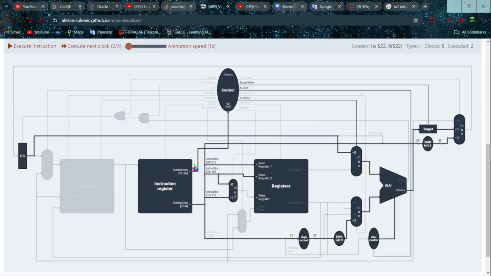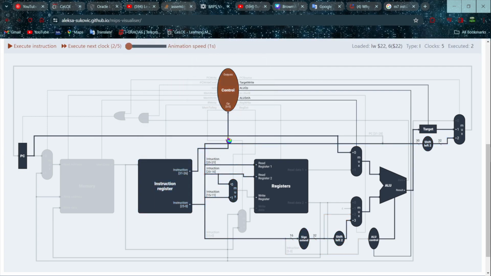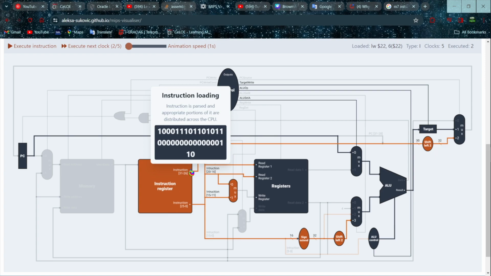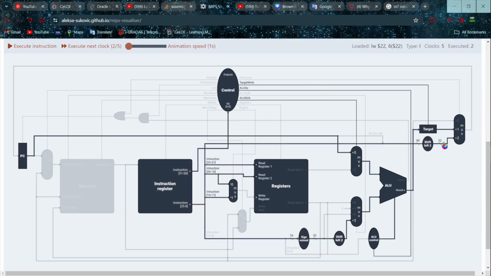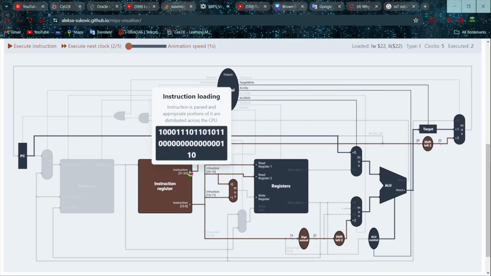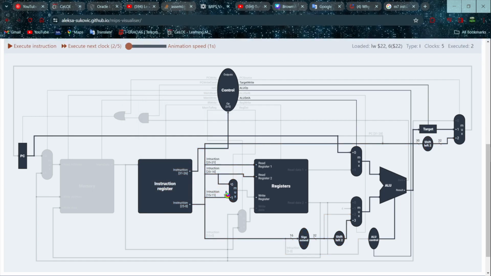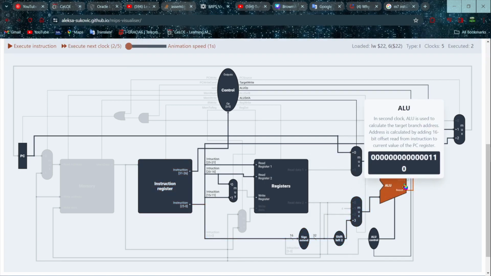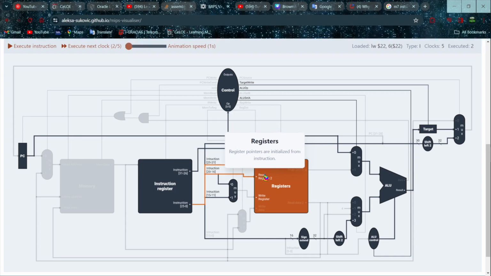It is parsed by the first 5 opcode bits, controlled by the control unit and transferred to the multiplexer here, and then the rest, 26 bits, is extended for the ALU operation here. Then it is read from the register source and register target in the register memory.